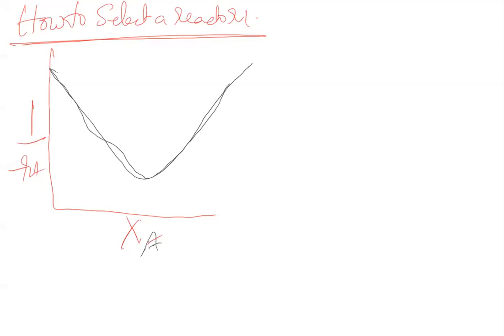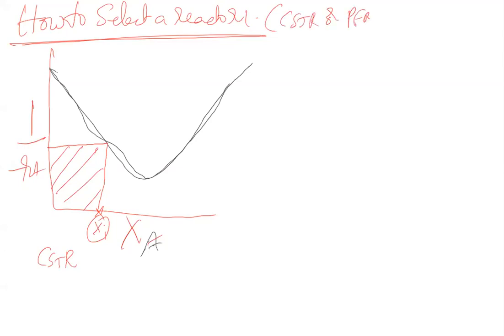Suppose let's take multiple cases here. Suppose I want, let's say, a conversion here, something like x1. Then if I select a CSTR, the volume is something like this. If I select a PFR, the volume will be a rectangle. So for x1, I'll select a CSTR. Let's first think about the selection of reactor. So here I am writing CSTR or PFR. Clear? I'm not going to reactor combinations. Then I'll plot, let's say, multiple graphs.